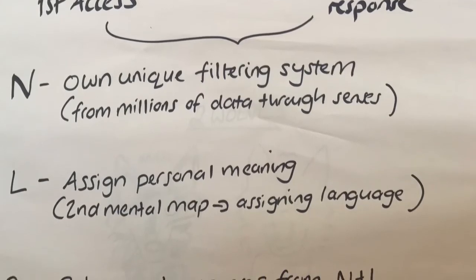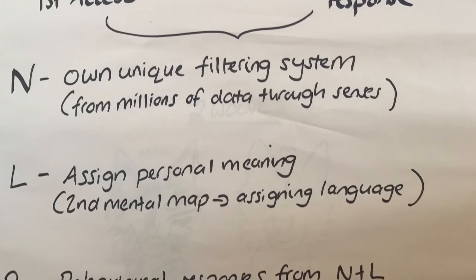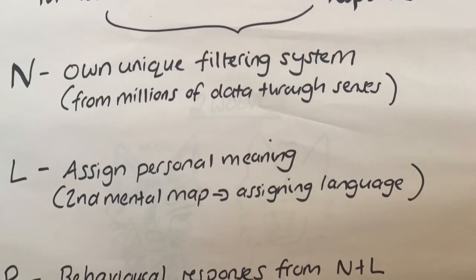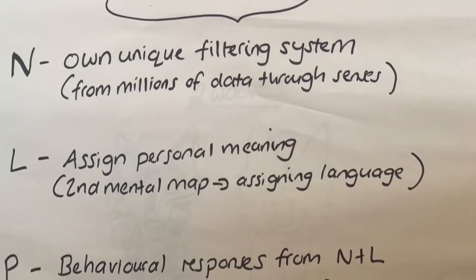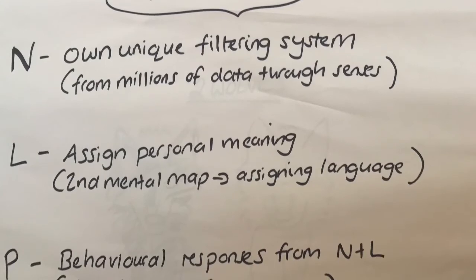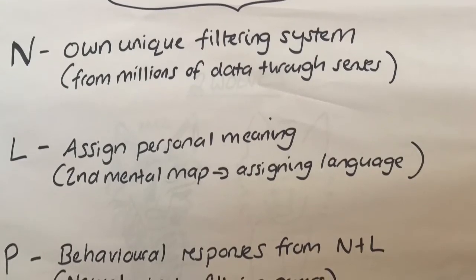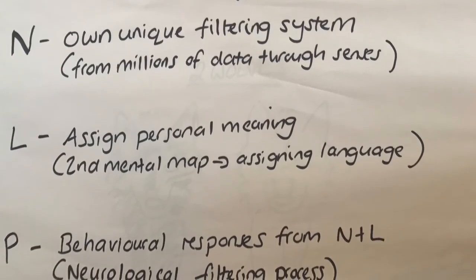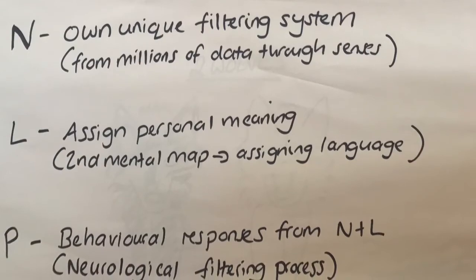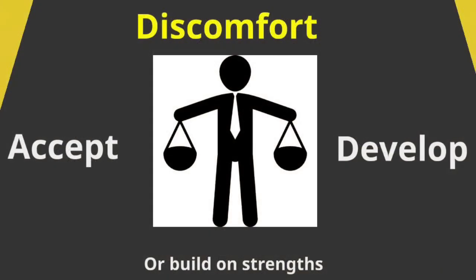And it's just about trying to break that cycle, break that pattern, and being kind to yourself in doing so, because you've been playing this record over and over, probably for a very long time. So a little bit of being kind to yourself. So the programming is your behavioural responses from the neuro and from the linguistic, and how you put that out to the world. And it's not about being perfect, it's about looking at what you're ready to work on and change if it's causing you and others pain, or what you're ready to start to learn to love about yourself.